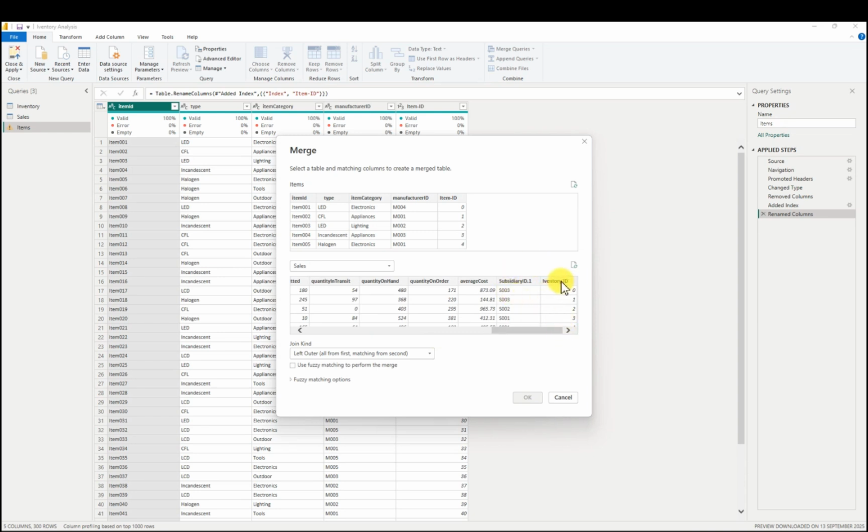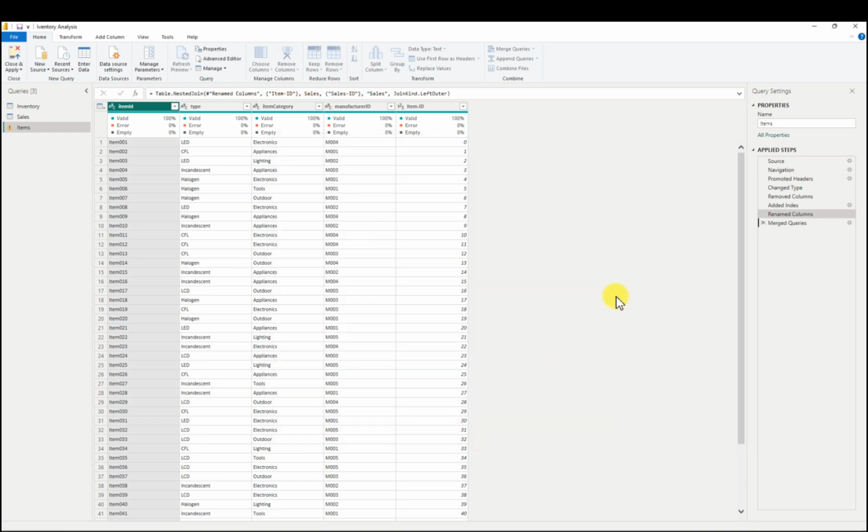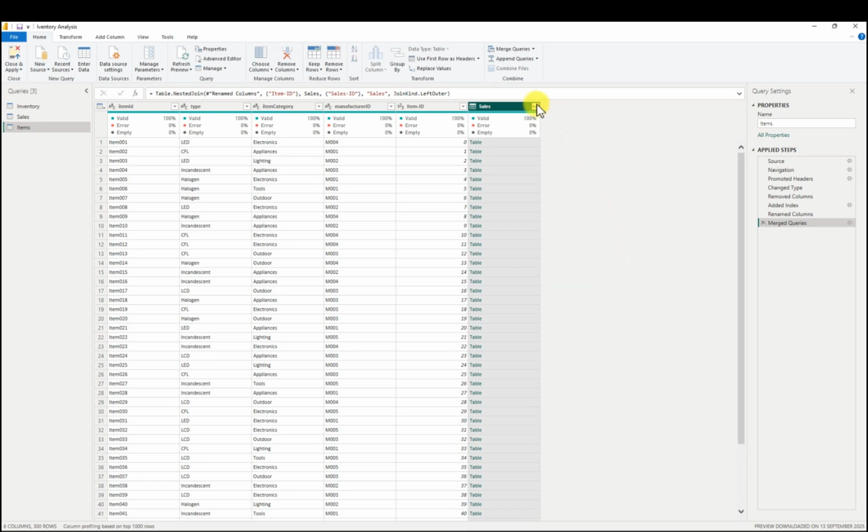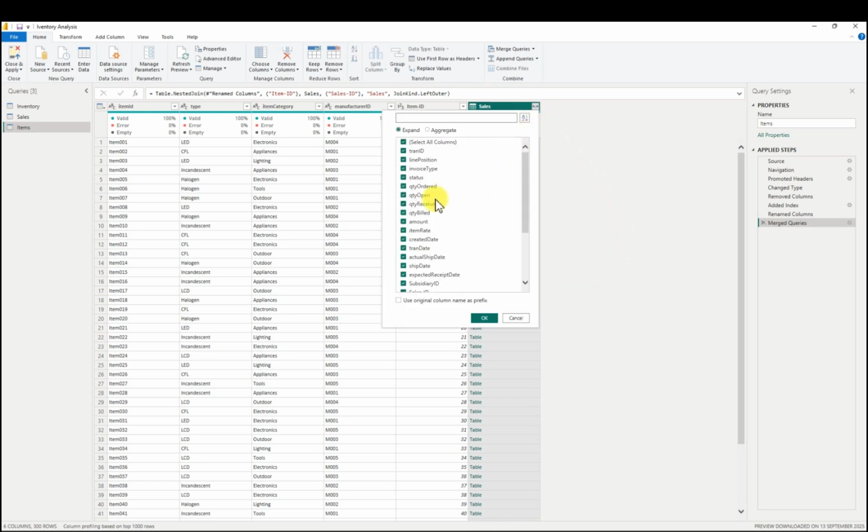Inventory ID. I have inventory ID. Let me come back to where the sales ID is. I have sales ID. I have item ID. You can see I'm having 300 of 300. I only need the ID alone. So I'm going to click OK. Then I'm going to open this. I'm going to unselect all because I only need the sales ID alone. I only need the sales ID and subsidiary ID as well and inventory ID. These are the three things that I need